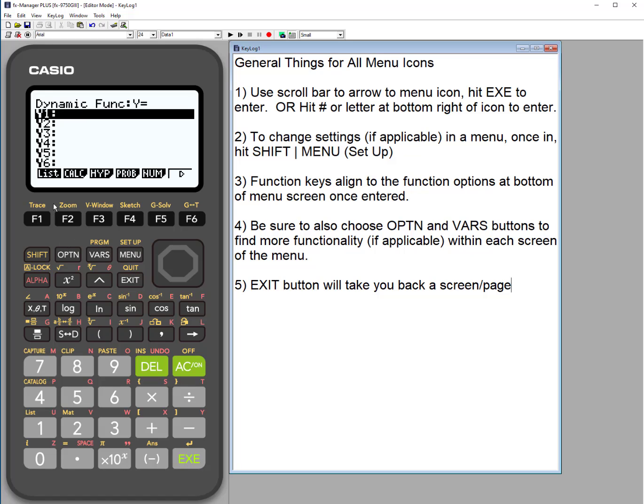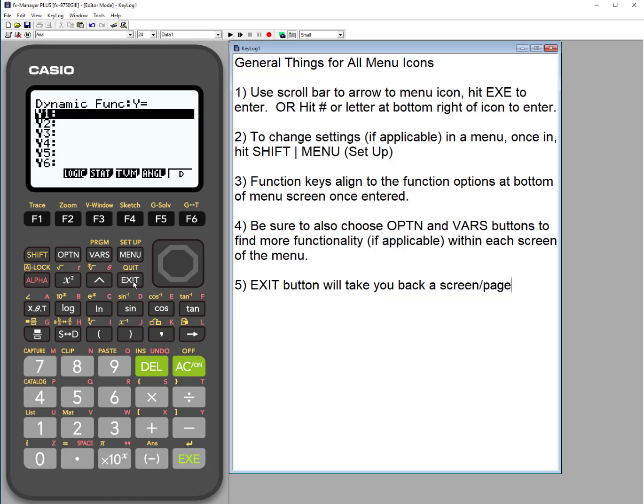So option gives you more functionality. Notice when I hit option, I have different options up here, and I even have more with this arrow key. If I hit F6, it means there are more things that I can choose. And again, as in number 3, the functions underneath each one of these is how you open them. So if I hit angle, I can enter these angle symbols into my function if I need them. So that's where I get some of my other options.